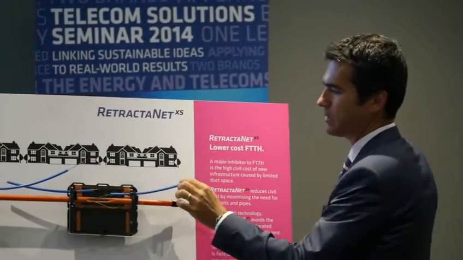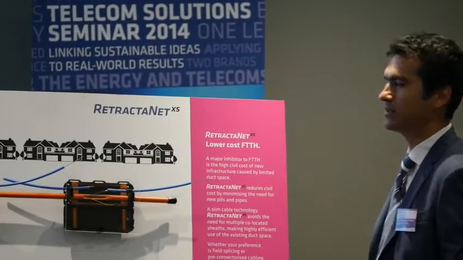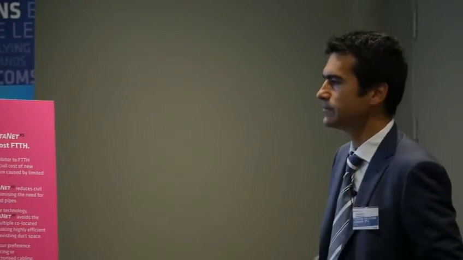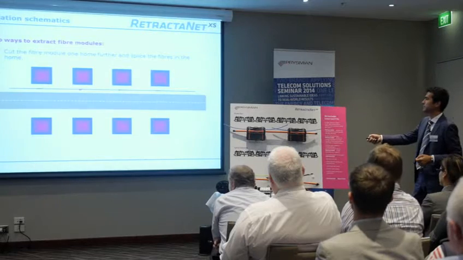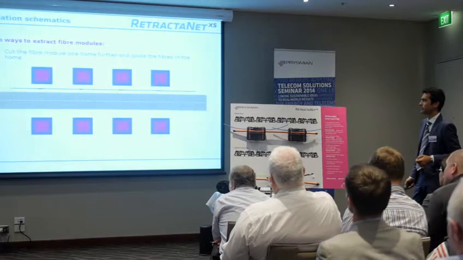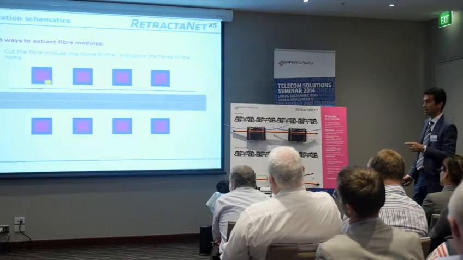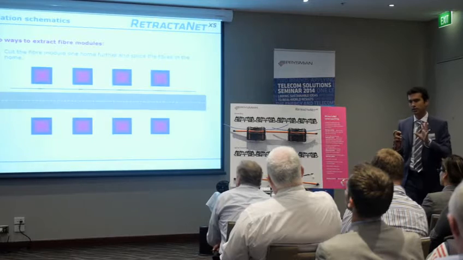So once the cable is there, you prepare the connection to the home you want to connect with a drop tube. It is a 5 mm tube with a pre-installed rope, and you will see why you need a rope. Then, after cutting here, the retraction is made, and the module is redirected into the home, and the splice is made at the house. Splice, maybe fusion splice, mechanical splice, depending on what